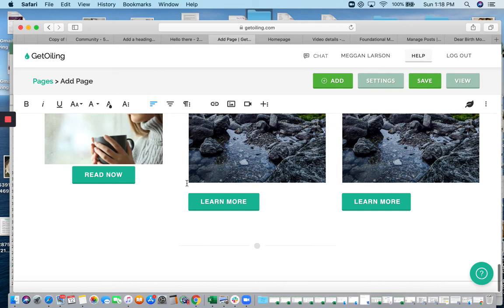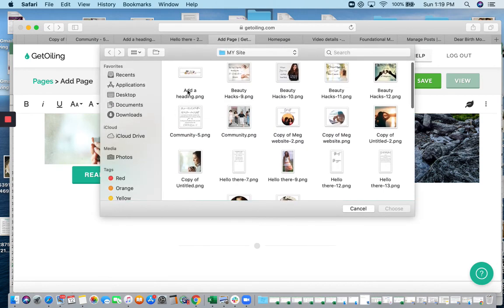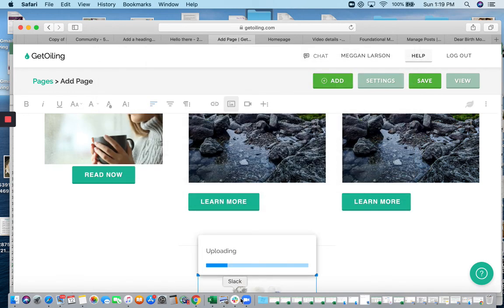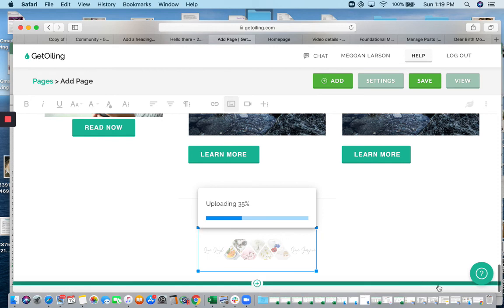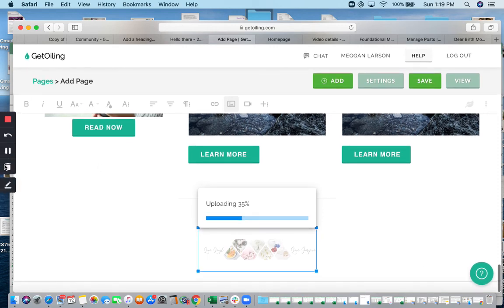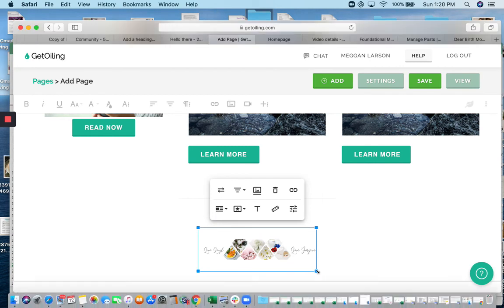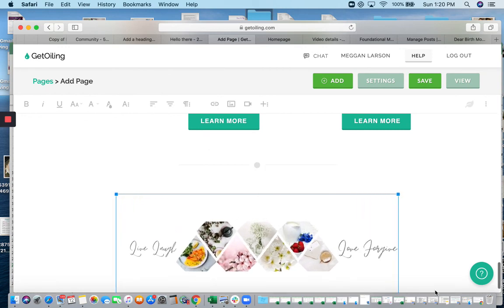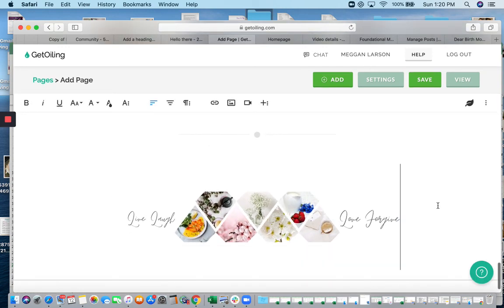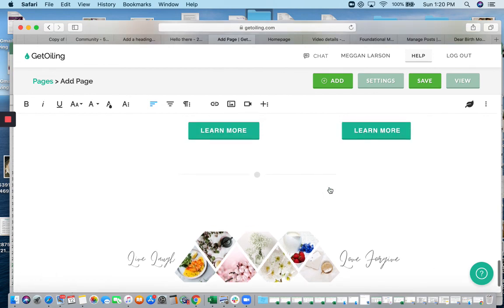So I just added an image, which is up here, and then I'm going to just expand it. Okay, so here it is, and then I'm just going to make it bigger, and underneath I'm going to add,